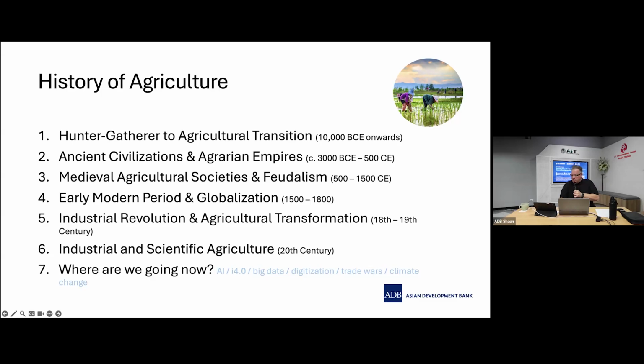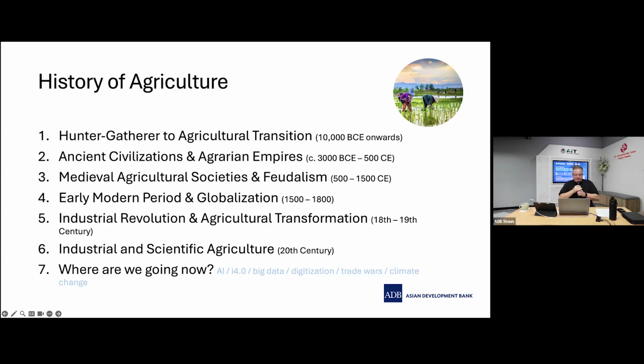And it was an important progression. Move forward to 5,000 years ago, and ancient civilizations and agrarian empires began to emerge: Mesopotamia, India, China, and a range of others. During that time, labor was mostly slave labor or serfdom, right? And agriculture was a principal idea in the rise and sustainability of those empires as well, through taxation, through a range of other systems that we have in government today that came out of that move to